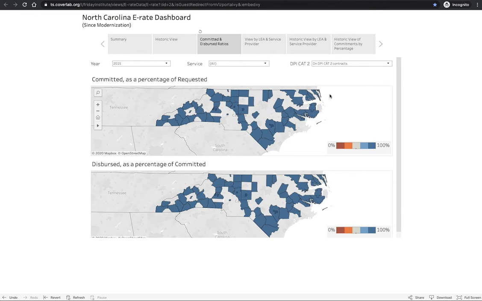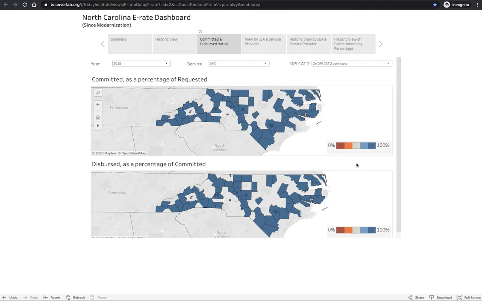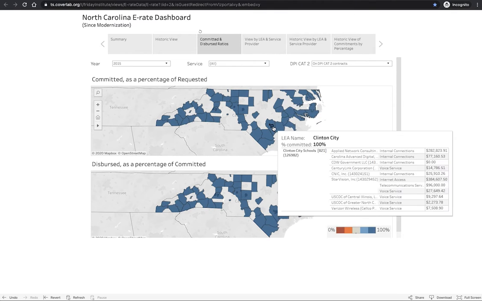2015 was heavily geared towards the lower-wealth districts. We knew that they were in the most need, so there was a priority placed in the first year on the districts that were at the highest E-rate level, which is 85% for internal connections. So these school districts were all probably 80 to 85% discounted from E-rate. And the commitment rate is great here. So 100%